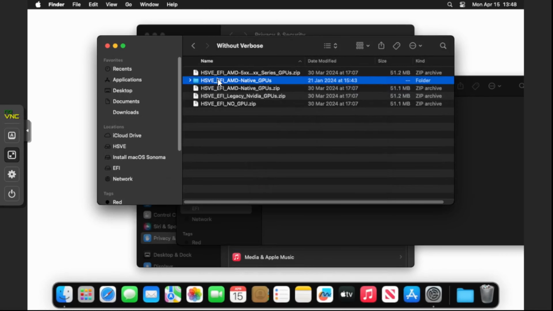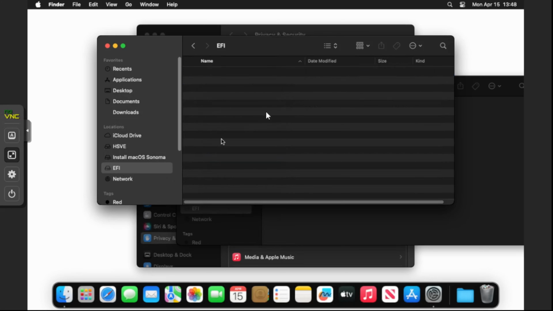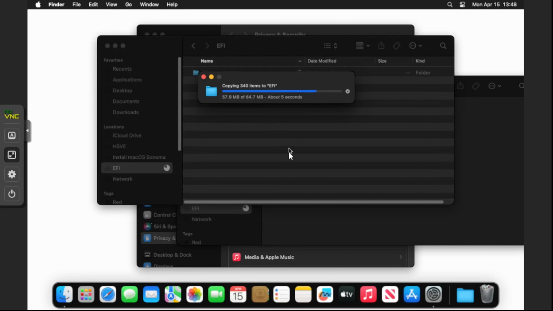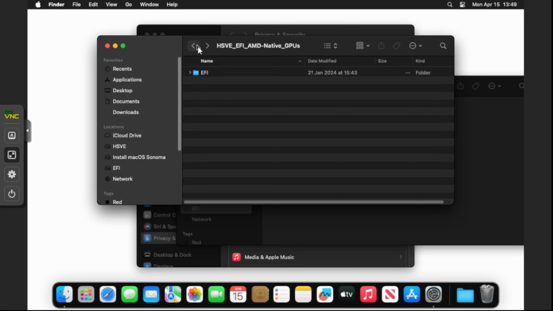If I double click into the folder that we've extracted, right click and copy the EFI folder, paste it into the EFI partition. Once I've pasted that in, I'm going to open that folder within and find our OpenCore config.plist. So once it's copied, if I go back to our